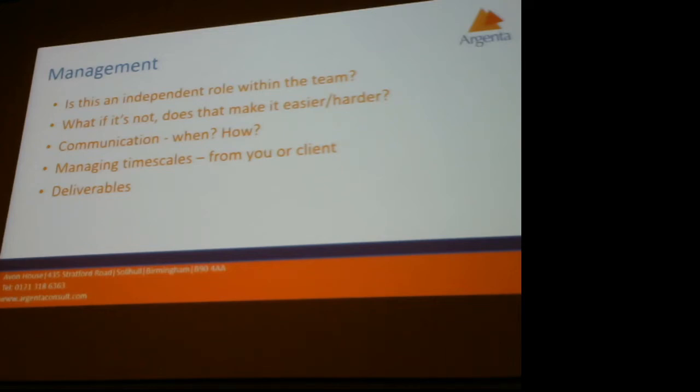Having someone away from development is obviously difficult for me. I've had experiences where it is there and it's helped, to have that overview. Because you can also have the other side, someone going, everything's going badly, everything's great. Someone who's not invested in delivery as such, their role really is to make sure it goes on time. That's their driver. The guys who are technically doing stuff, their driver is getting the software developed. Whereas if you've got somebody who's purely focused on